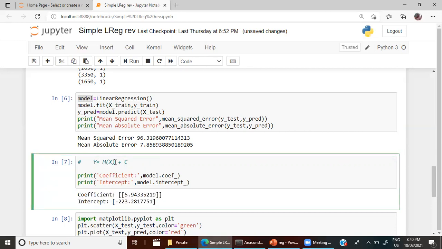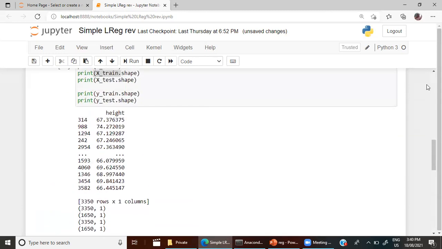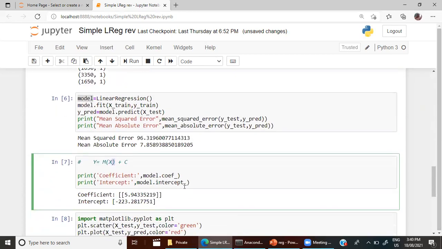If you substitute any height here, suppose in inches, the height is 67.3. So in the place of x, I substitute 67.3.